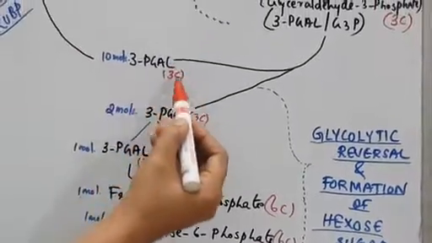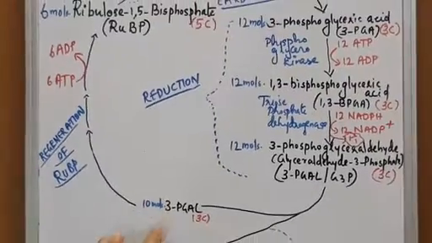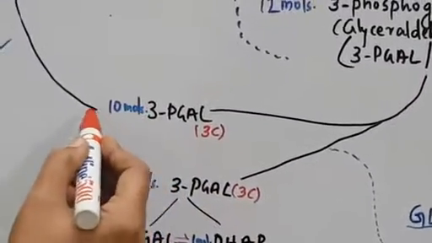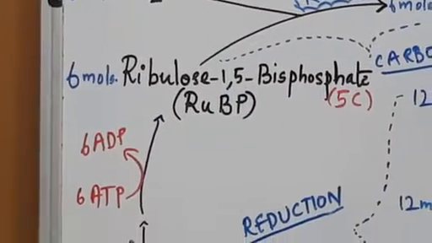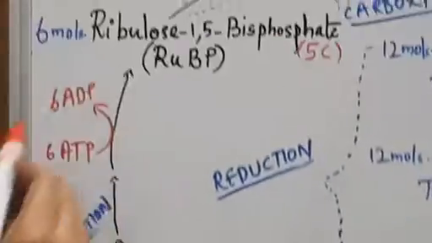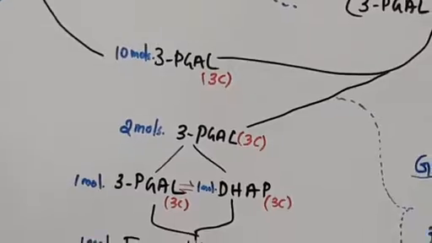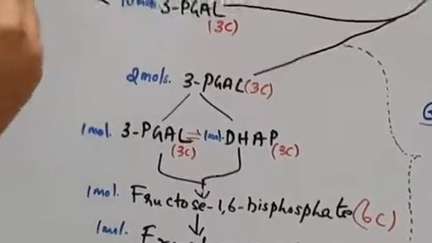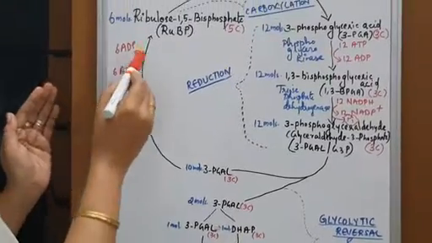Now the remaining 10 molecules of 3-PGAL are utilized for the regeneration of RUBP. 10 molecules of 3-PGAL means now we possess 30 carbons, 10 into 3, 30 carbons. From these 30 carbons we have to synthesize 6 molecules of 5-carbon compound, again 30 carbons. So the carbon number is the same, but in order to regenerate these 6 molecules of RUBP from these 10 molecules of 3-carbon compound, several combinations and recombinations are needed. Several intermediate compounds are there. They are not simple like this. So a highly complicated reaction takes place here, and as a result of this complicated process,